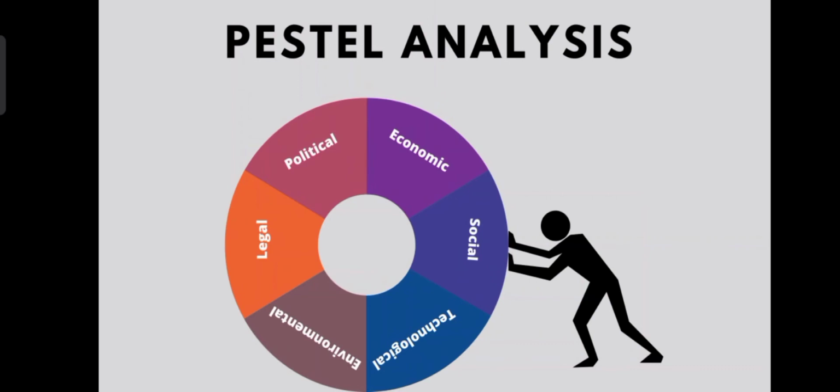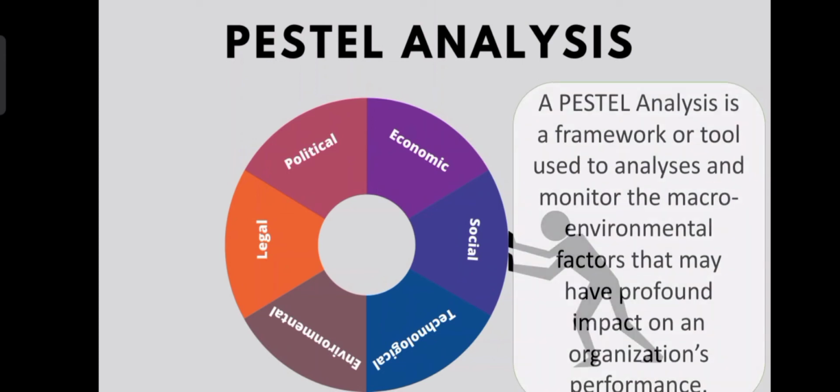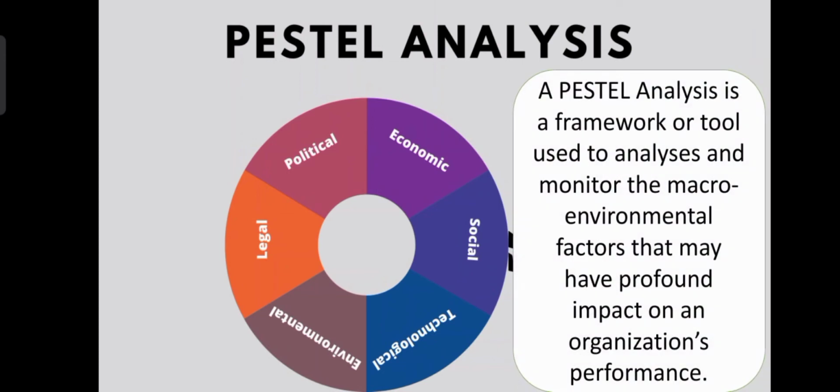Based on this PESTEL analysis, this includes only the external factors affecting the business environment. Am I right? So, if this is the external factor, a PESTEL analysis is a framework or tool used to